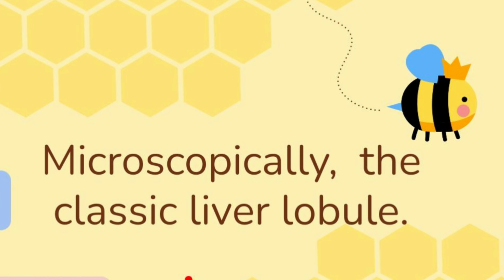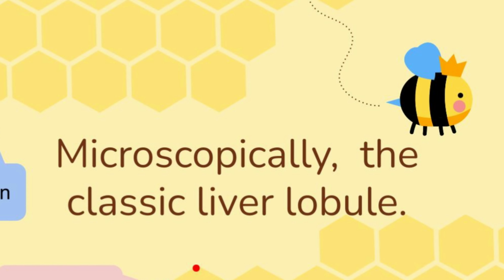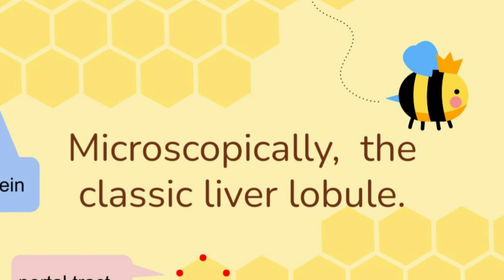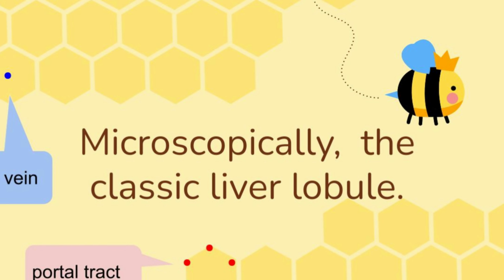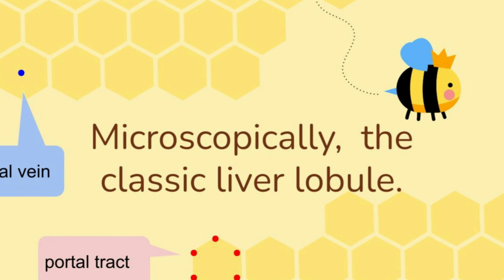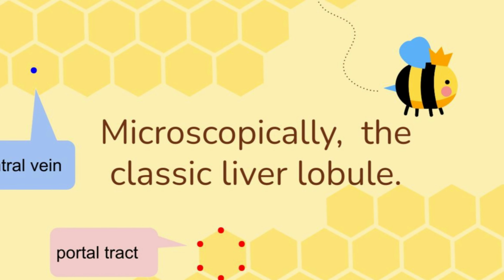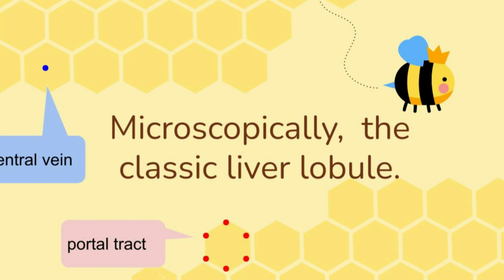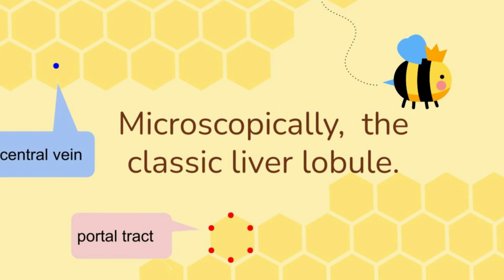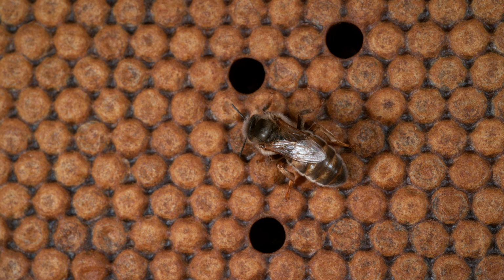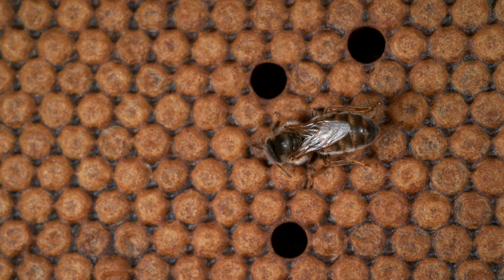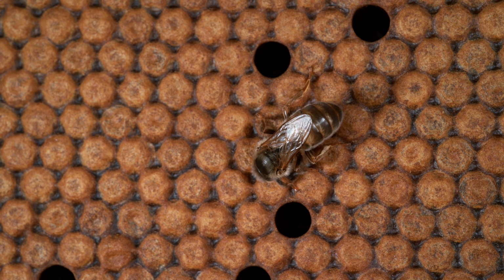Microscopically, the organization of liver tissue can be represented by different schematics. One of the examples is the classic hepatic lobule, which is organized as hexagons, with the central vein in the center of the lobule, and at the corners of the hexagon are portal tracts, which consist of the hepatic artery, portal vein, and the bile duct. It looks like a beehive. However, our liver structure is 100 times more complicated than that.